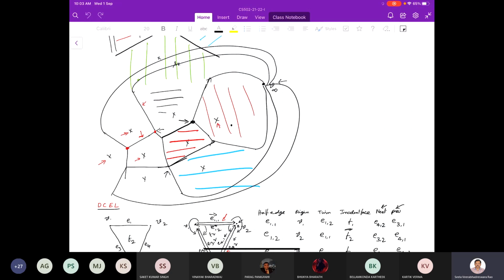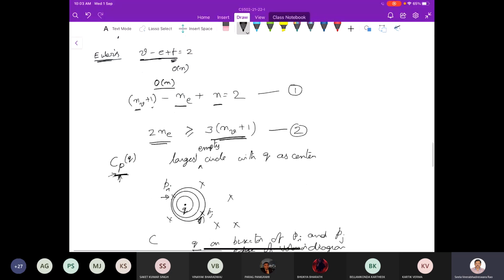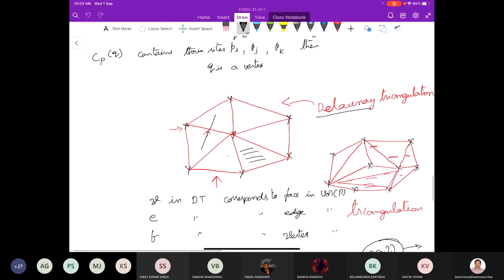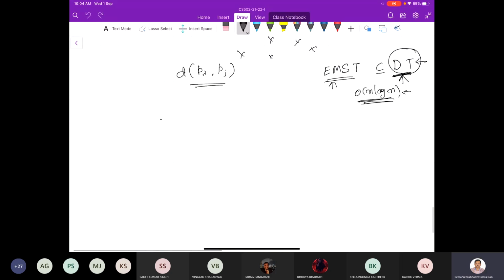each vertex of the Voronoi diagram corresponds to a triangle in the Delaunay triangulation. That's what we have seen. Now, if you have a Voronoi diagram, let's take these 3 points, 3 sites. So this is the Voronoi diagram corresponding to these 3 sites. This Voronoi vertex corresponds to a triangle in the Delaunay triangulation. So the triangle here is these 3 vertices.